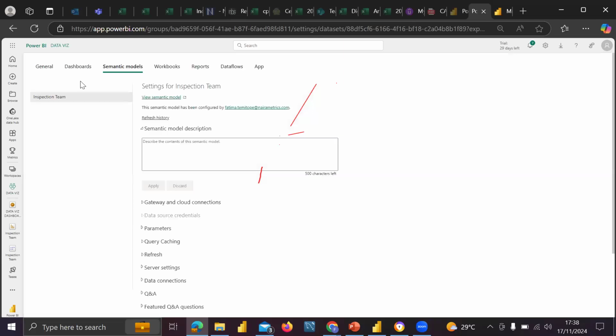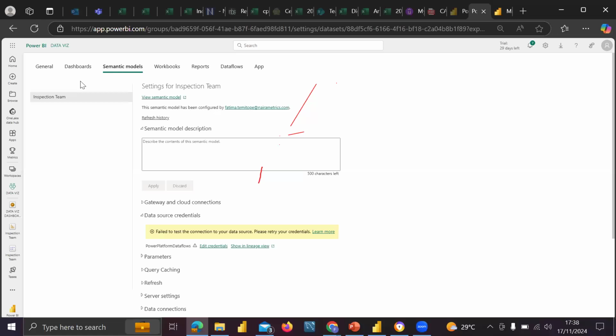Schedule refresh is carried out in the sense that instead of you manually going into your data and clicking on refresh, you can schedule the time frame that you want your data to be refreshed automatically. It's just an automated way of creating a refresh. So you can say, okay, I want you to refresh at 1 p.m. every day. It will automatically be refreshing by 1 p.m. That's what schedule refreshes are used for.